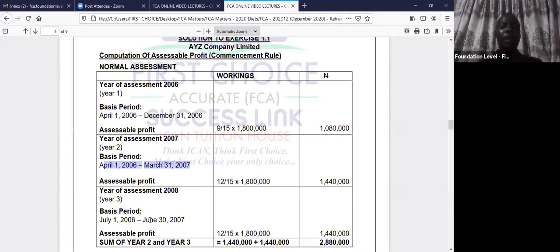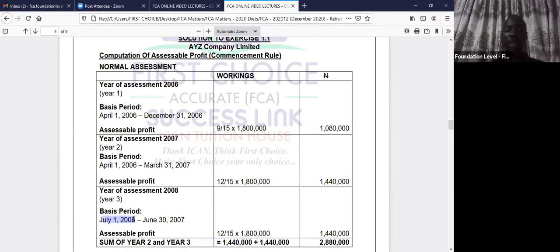Now let's look at the third year. The third year passes the 12 full months criteria. That's number one. Number two, it passes the preceding year basis criteria because it's the only account ending in the preceding year. This is 2008 and here is 27. Fine. But the only thing that it failed is that where March 31st stopped, this one did not continue from that. This one started from April. It started from July instead of from April. So you see, it failed to obey the last rule of normal basis period.